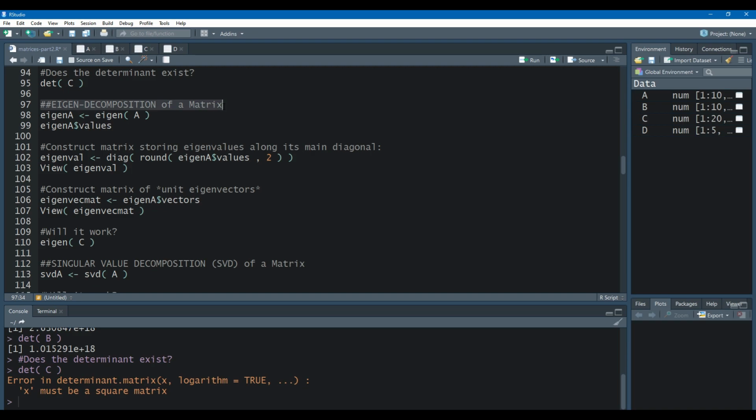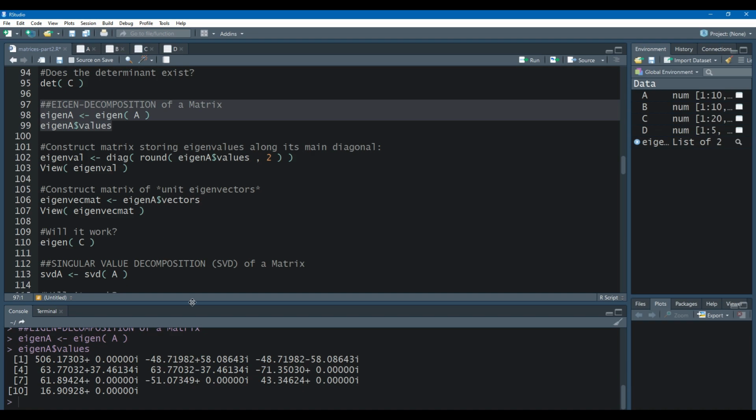Now let's perform the eigendecomposition of a matrix. An eigendecomposition is a way to decompose a square matrix. It's an effective method for viewing a matrix transformation as a series of eigenvalues and eigenvectors. An eigenvalue shows how much its corresponding vector, also called an eigenvector, stretches in response to that transformation. Again, another complex process, but R does it relatively efficiently. So let's take the eigendecomposition of A,